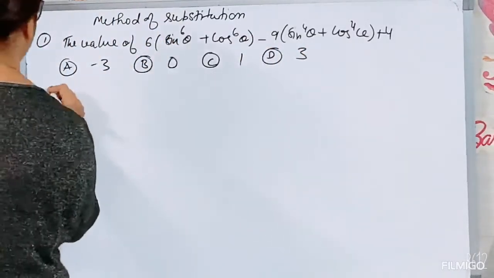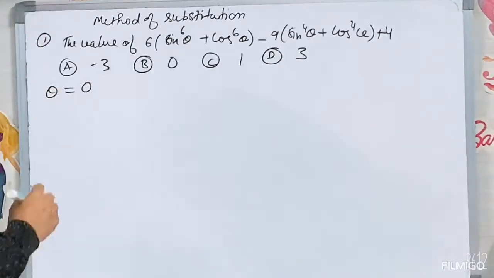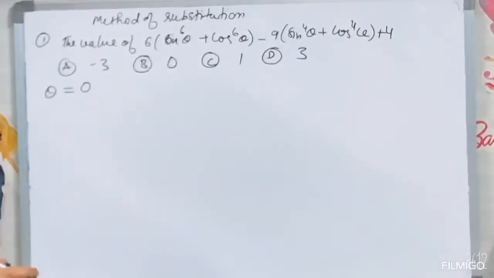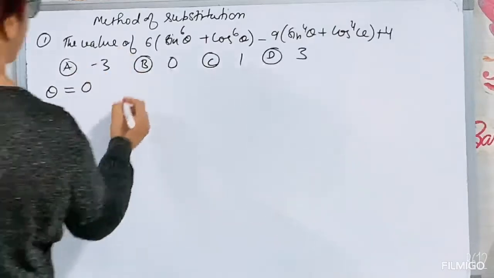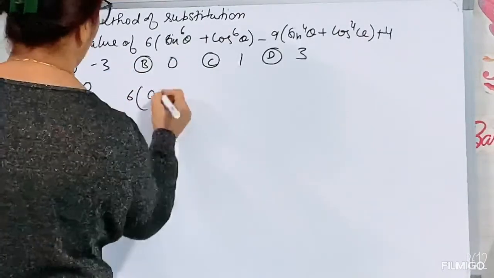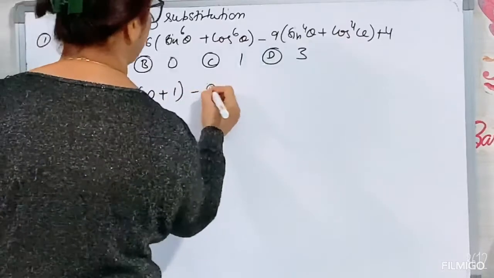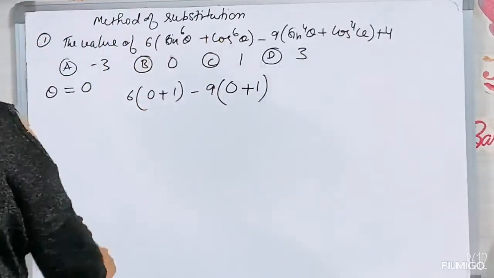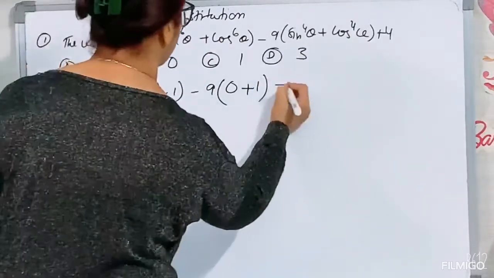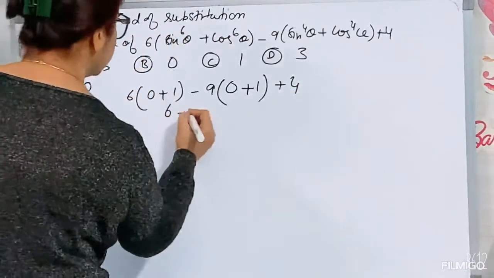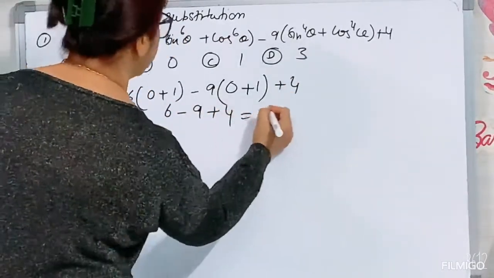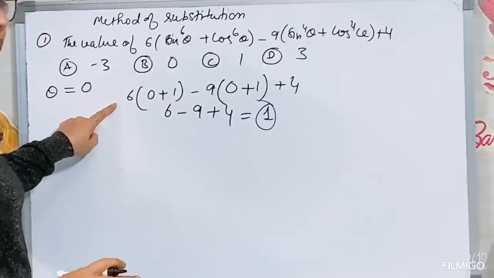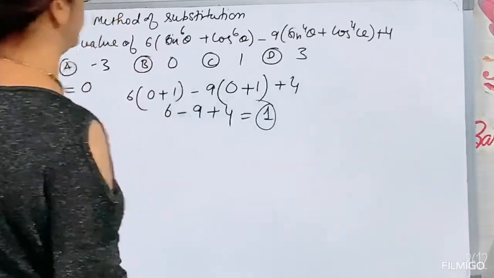We will check what would be the answer. Let theta be equal to 0. We have to put some lower values, that we can solve easily, nothing else. Now sin 0 is 0, cos 0 is 1. Minus of 9, sin 0 is 0, cos 0 is 1. 1 to the power 6 or 1 to the power 4, it will be 1 only. Like 6 minus 9 plus 4. 10 minus 9 is 1. We got the answer in only one step. Please check it. C is our option.